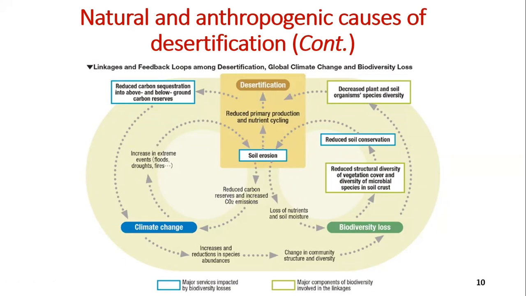Because it means that you have less vegetation cover, and therefore it can lead to climate change, which can increase the flood and fires and create a lot of issues, which can at the end of the day come back and increase the erosion, also leading to desertification. So you can see the interlink between any one of these factors. So spend some time on it and try to understand how the loop is all